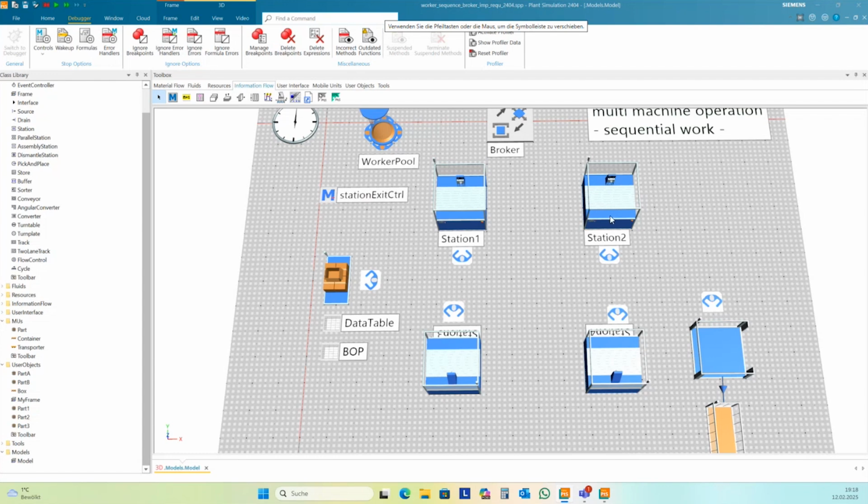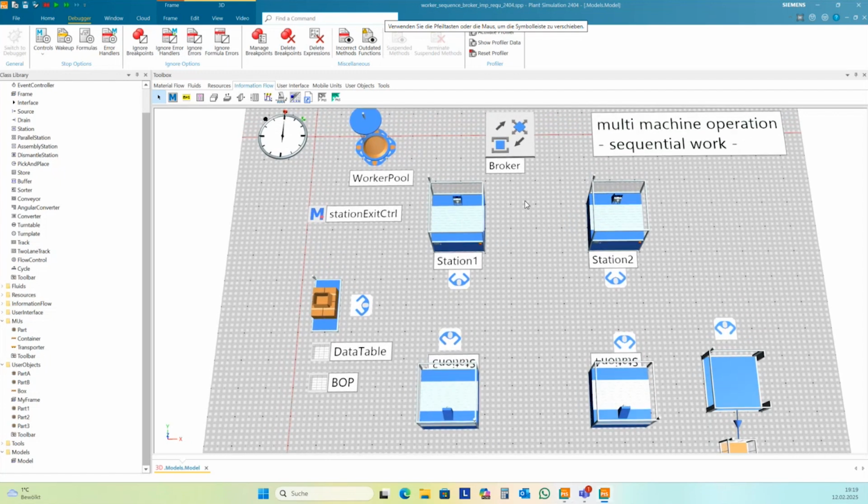Okay, another way to control this flow is to use the broker. In the broker, we can create a control where the broker just looks if the next station for this part is empty, and then mediates the worker to the transport job. If not, the broker should do nothing.